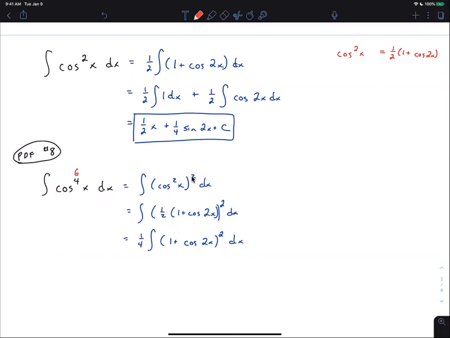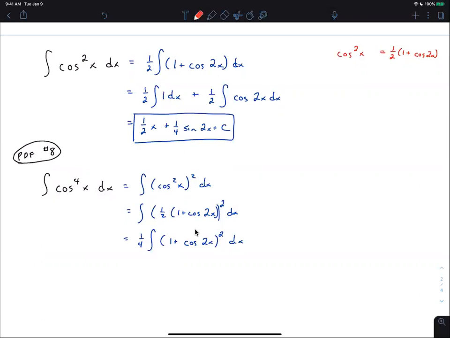And you'd want this one to be the 3, because the idea is to get cosine squared, because that's the one we can rewrite. Does everybody see that? Okay, so if you get to this step and it was to the 6th, this would be 1/8, and this would be 3. This would be 1/8, and this would be 3. Does that make sense to everybody? Okay. All right, so then